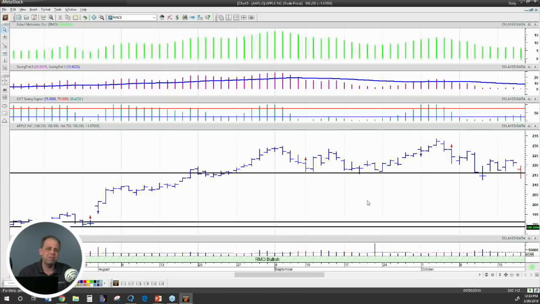And now, instead of risking money, what I'm doing is I'm protecting profit. The whole thing about trend trading is you're never going to get in at the exact bottom. You're never going to get out at the exact top. What we want to be able to do is find really good trading opportunities with stocks that are trending. We want to be able to take good chunks of that trend.